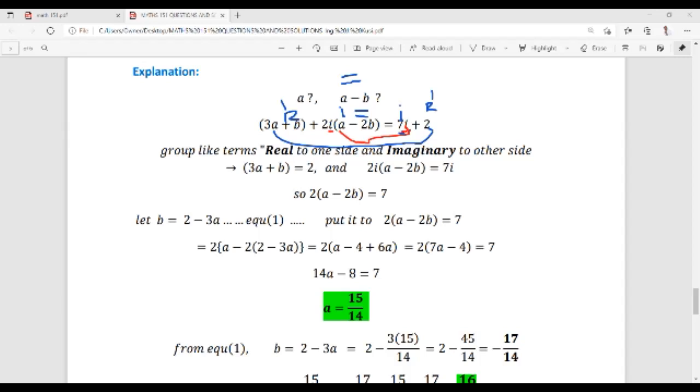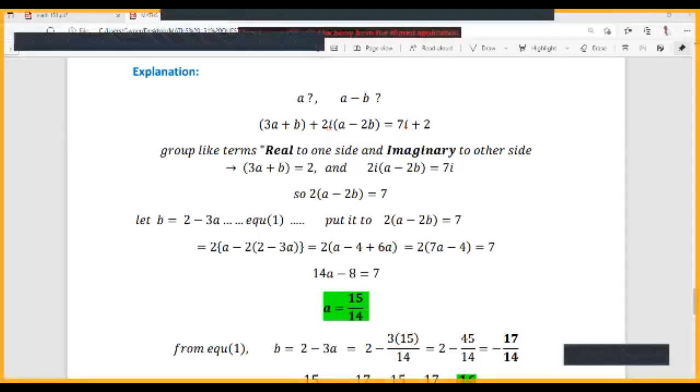Because 7I is here and I is here, if you divide by I, the I will cancel. So if you come to this part, the imaginary part, we can quickly take the I out and say 2 into bracket A minus 2B is equals to 7. Do you agree? Because the I is here and I is here, if you divide by I, they cancel. So we can clearly say that 2 into bracket A minus B is equals to 7